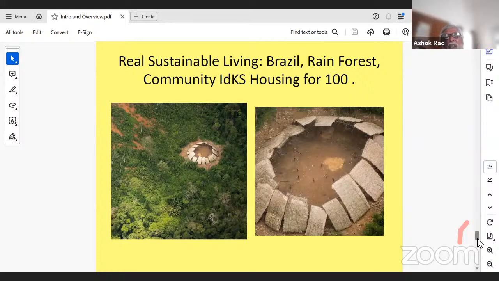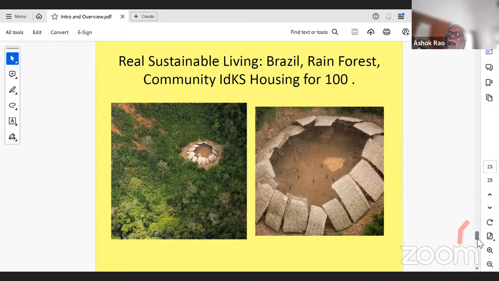For example, the houses that we use. At the most, we can live in our house for about 100 years. After that, the house is demolished, and what happens to all that broken tiles, broken mud, bricks, cement, steel, all that? Where does it go? Unsustainable. So today every knowledge system, not just Indian, Arabic, Western, all knowledge systems today are unsustainable.